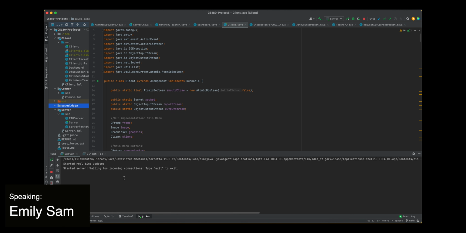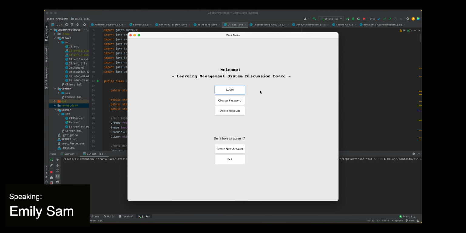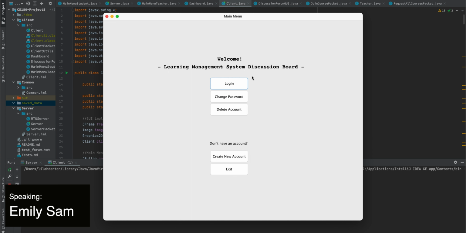My name is Emily Sam, and for the first part of our code, I'll be talking through our main menu GUI functionality. So by running the server class first and then the client class, the main menu screen pops up. You can see we have a few different buttons here that I'll walk you through, but let's start with creating